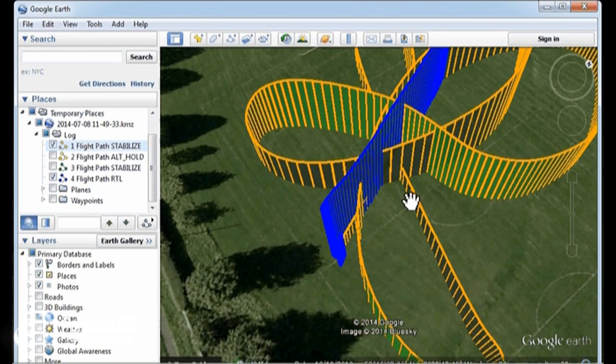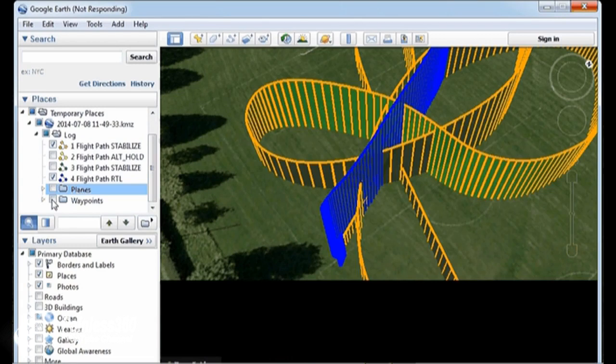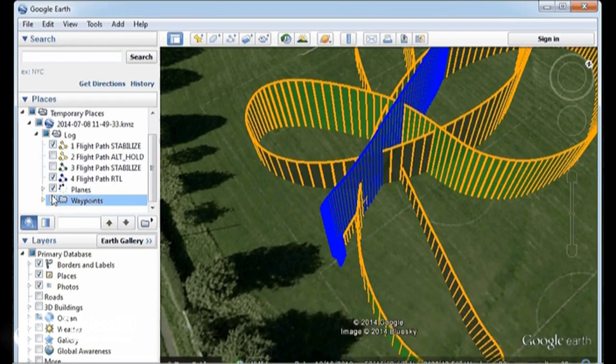So this is a really nice way for you to record the information and to view it in Google Earth. You can actually have it display other bits and pieces in here and waypoints as well, but for clarity I'm keeping those both turned off so you can actually see the flight in 3D. Let's go back to Mission Planner to look at the final bit